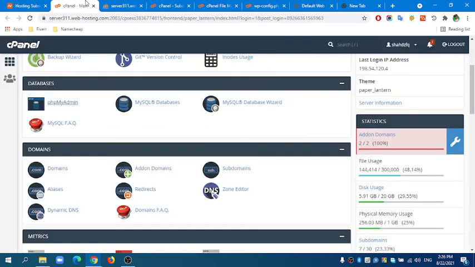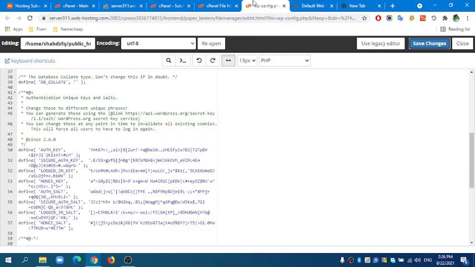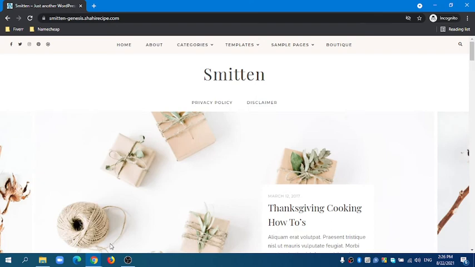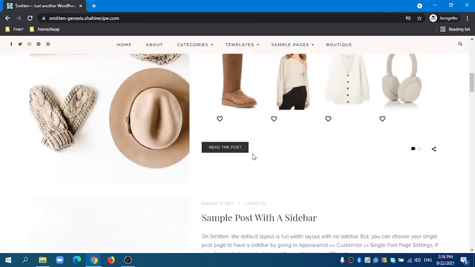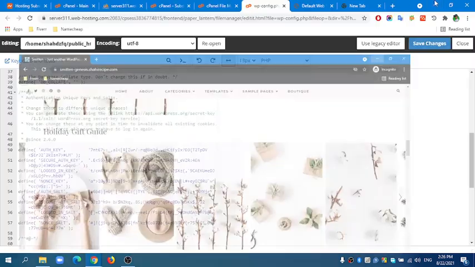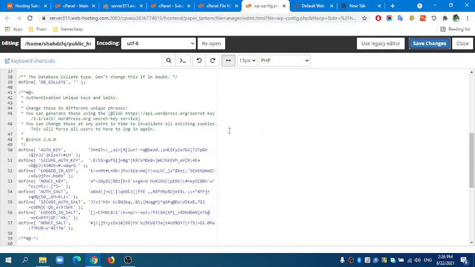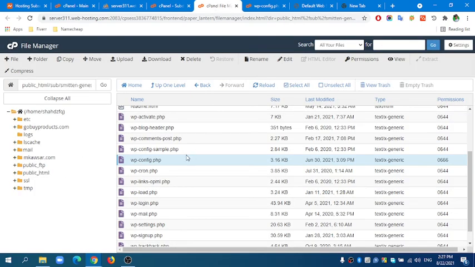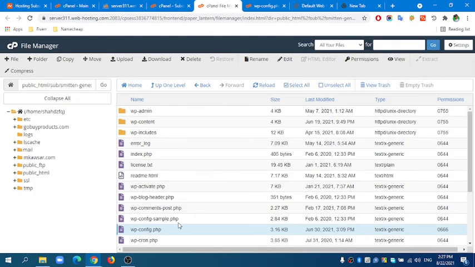After that I go to phpMyAdmin, go to MySQL Database and create a database. After that I upload the database and change the database name and username in the file. So after completing this process, my website is live. Okay, so I think you can create a subdomain and upload any file in this cPanel. Okay, and you can install also